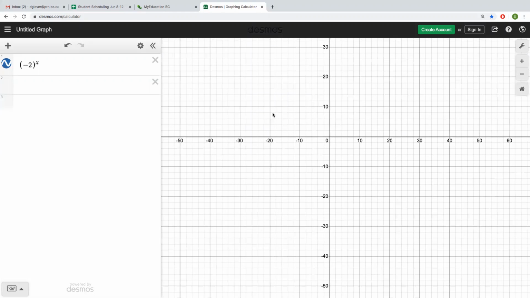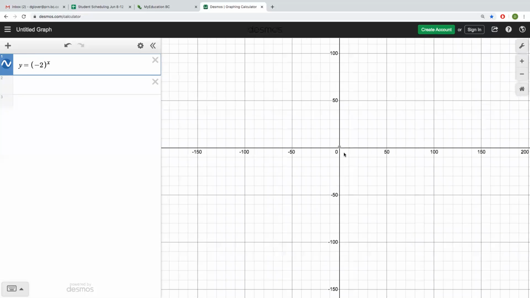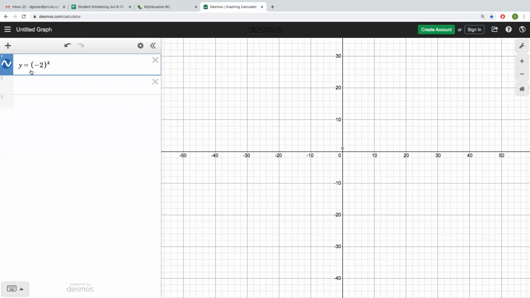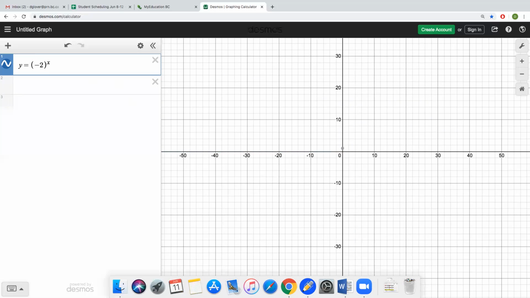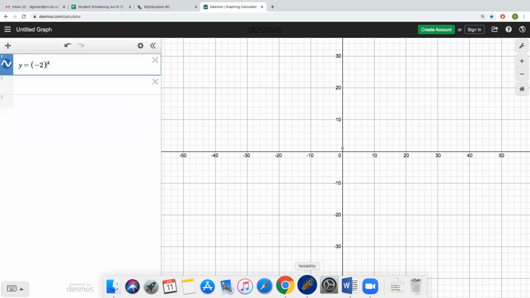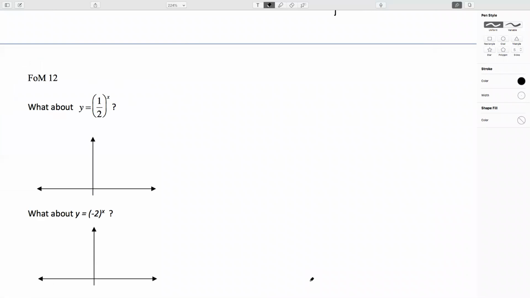If it even graphs the function for us. And we end up with, I don't know if this is plotting properly. No, maybe not. Well, the idea with this is that if x is 0, then you're left with 1. If x is 1, you're left with -2. If x is 2, you're left with +4. And you're going to end up with this kind of spiraling pattern where the function oscillates between positive and negative